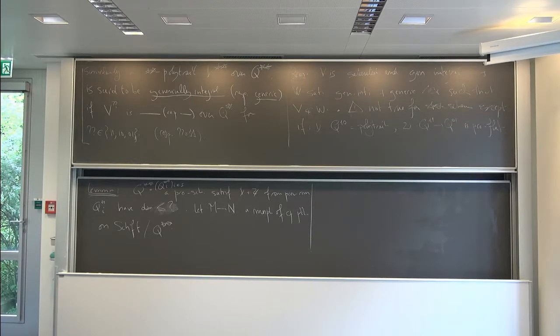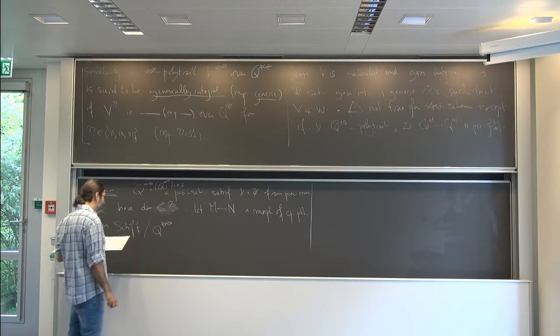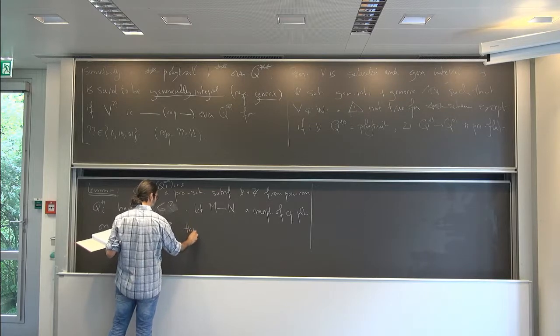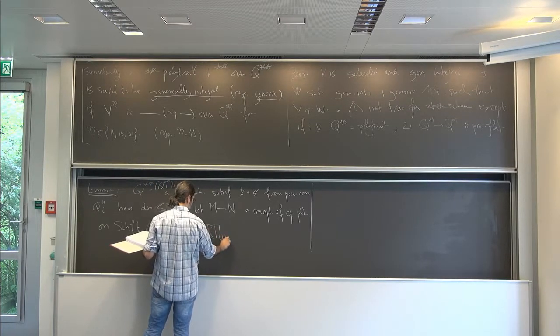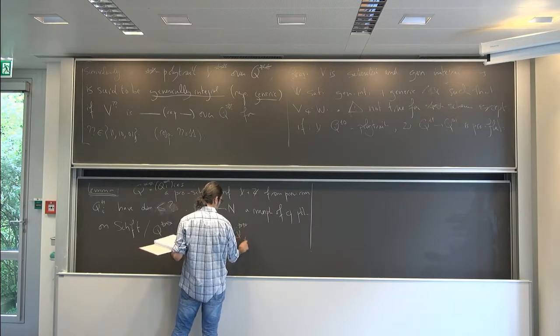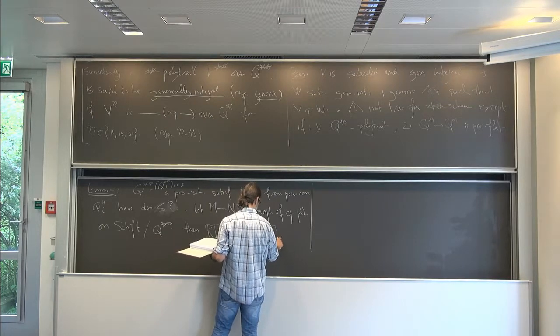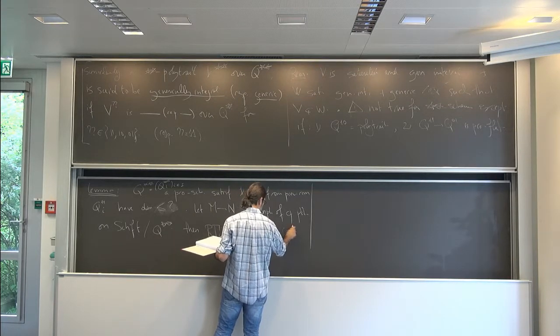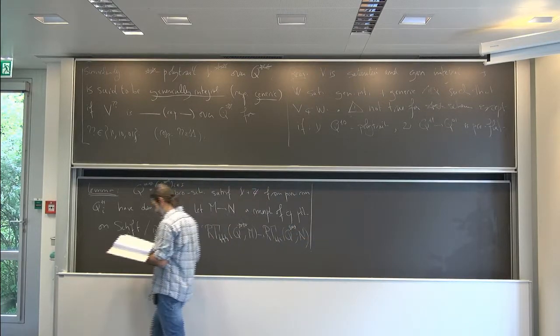Thank you. Okay, so I take a complex of presheaves on finite type schemes over Q star star. Then the global section is a quasi-isomorphism